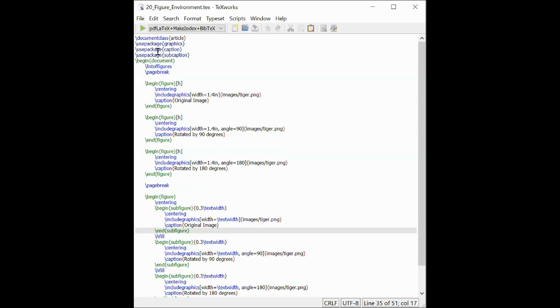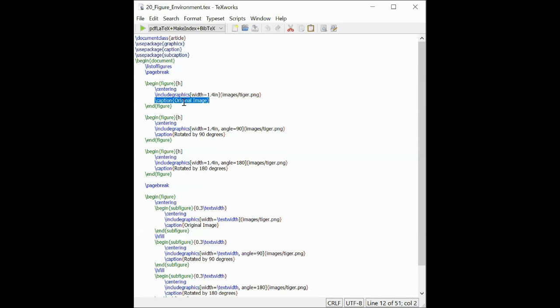So initially we have seen this table. If you put the table in between this table environment, it will have table numbering. The same way, you have to put the figure in between this \begin{figure} and \end{figure}, and you can add a caption for that figure, so that below this figure it will have a figure caption.